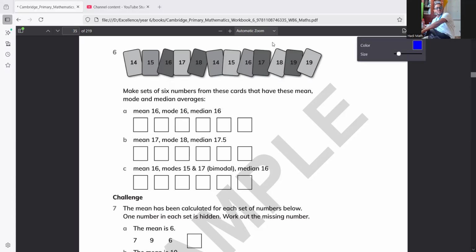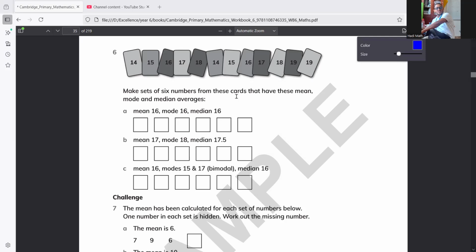Okay, dear student, grade 6, this is exercise 3-1, part 2. Question number 6. We have these numbers: 14, 15, 16, 17, 18, 19, each one of them repeated only 2 times. Make a set of 6 numbers from these cards,